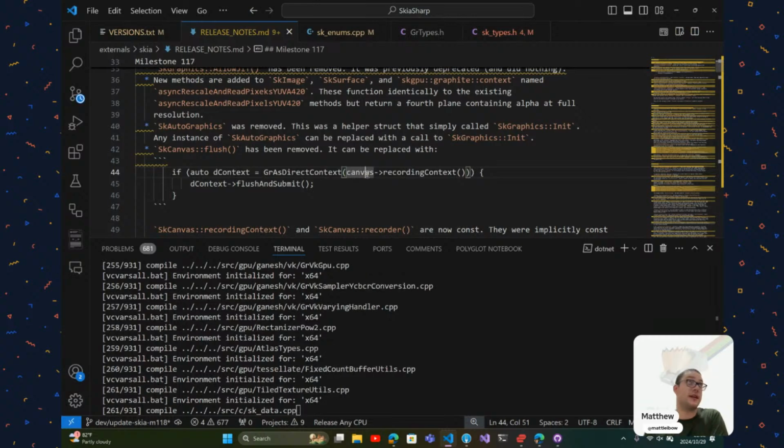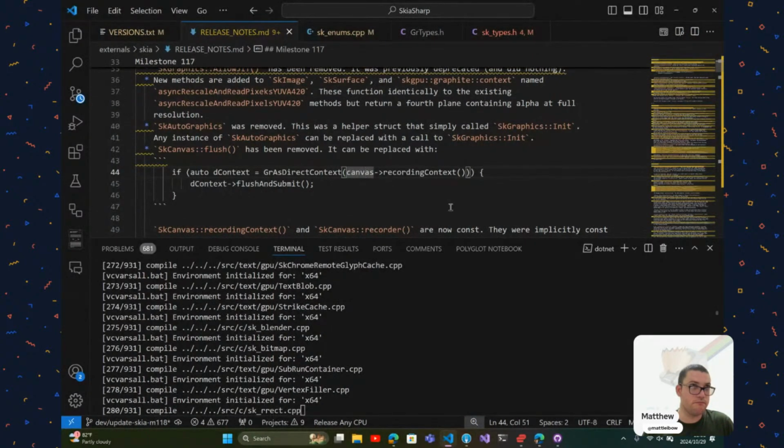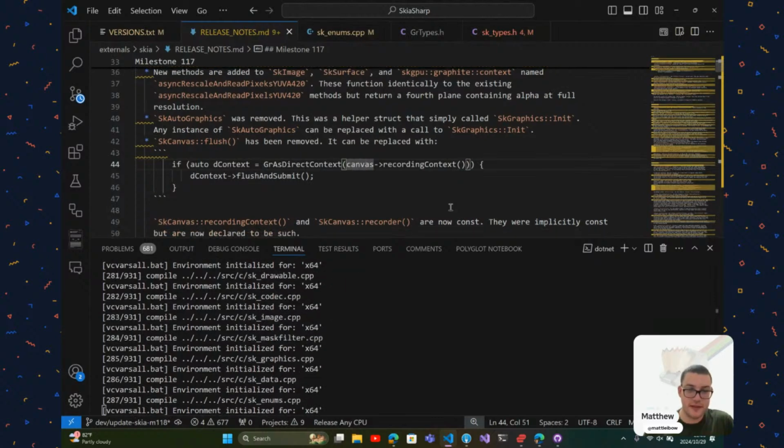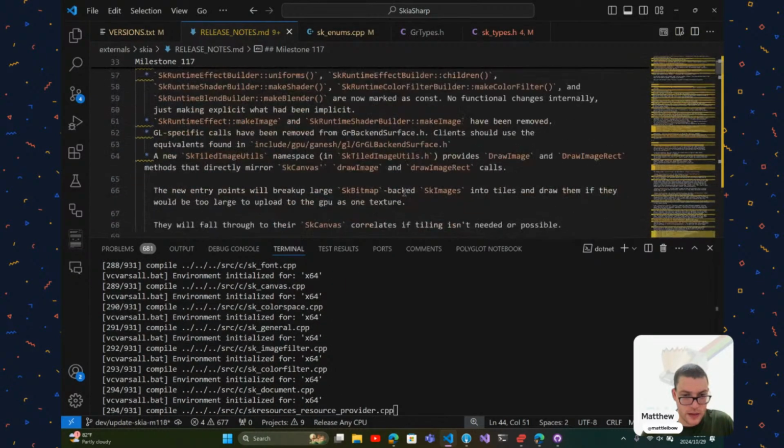Previously, you flushed the canvas, but it never did anything except on certain backends, for example GL. Obviously, if you've got a bitmap, you've redrawn the pixels, so there's nothing to flush. So this was doing nothing. This one, I think they're trying to be more intentional, if that's a word, and they've done this again with